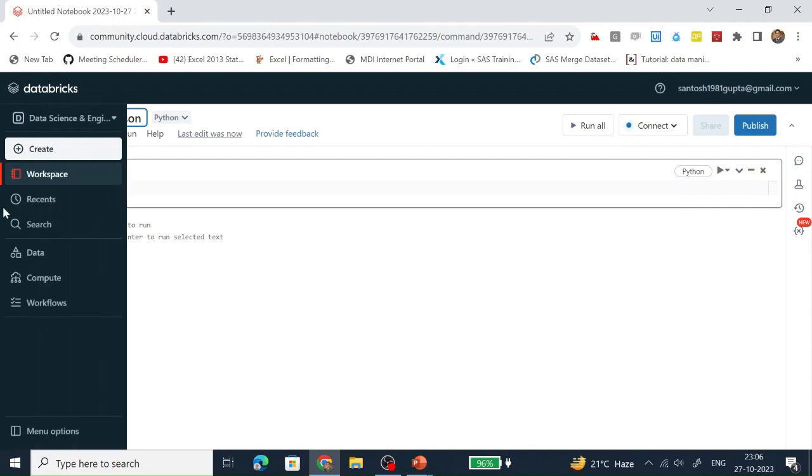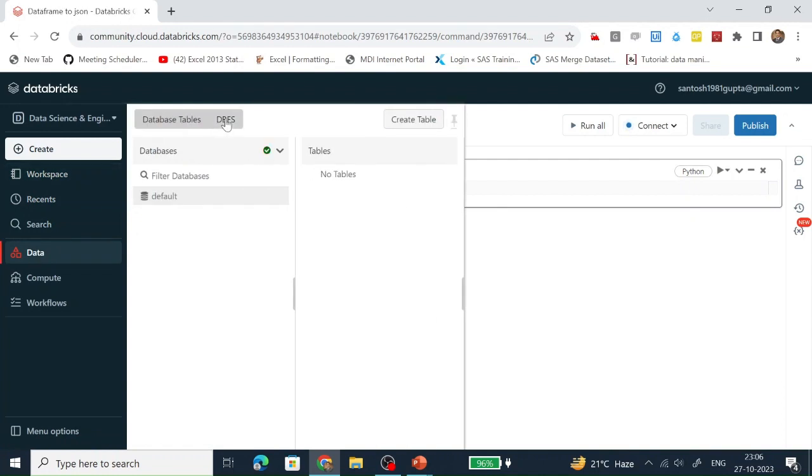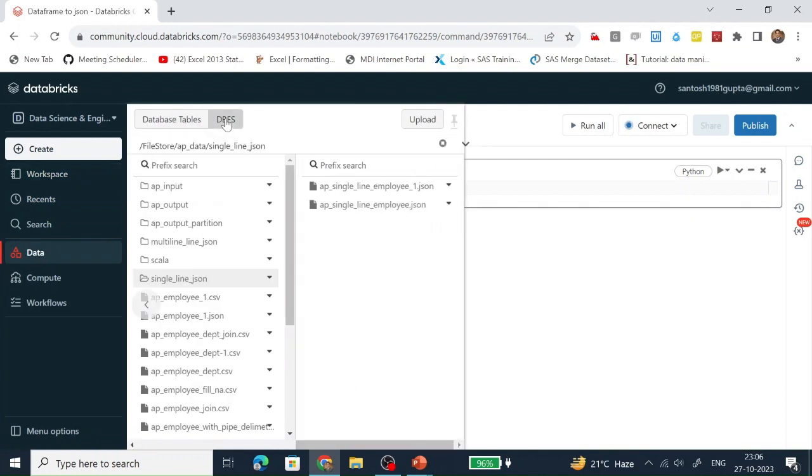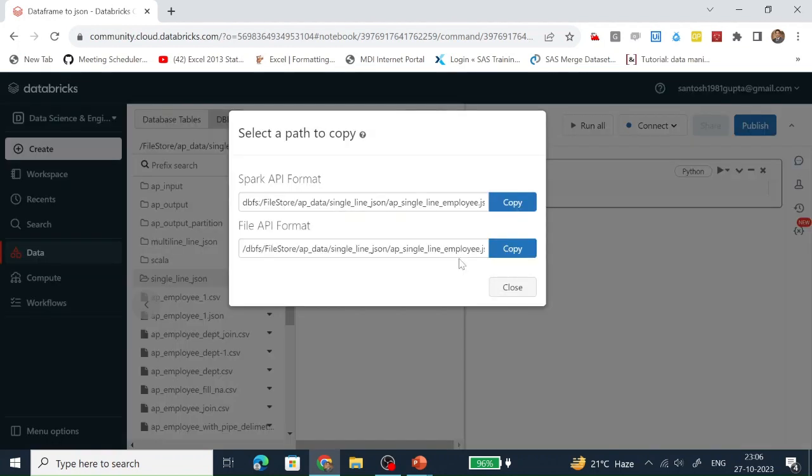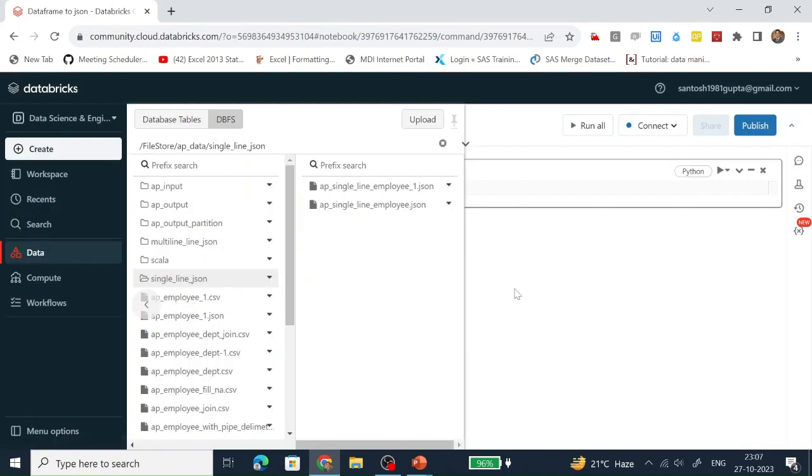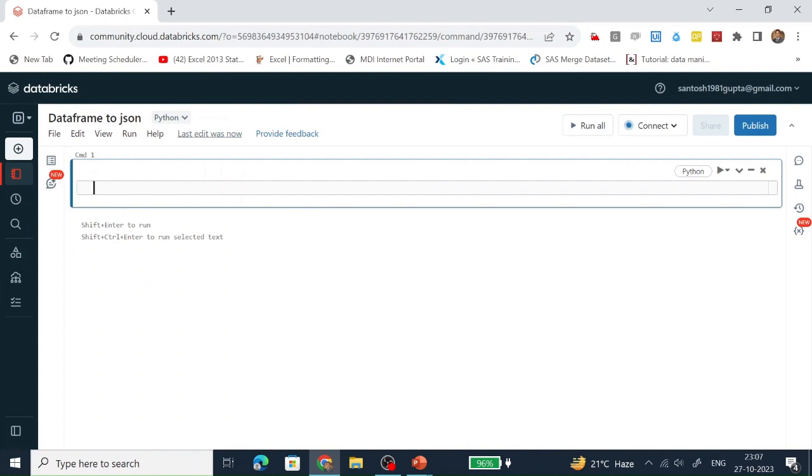Which JSON file are we going to read to create the data frame? Let's copy the path. The path is FileStore/AP_data_single line JSON. This is the folder and we have 2 JSON files. Let's copy the address of one JSON file. We are using Spark, so let's copy this Spark API format path, copy it and paste it.